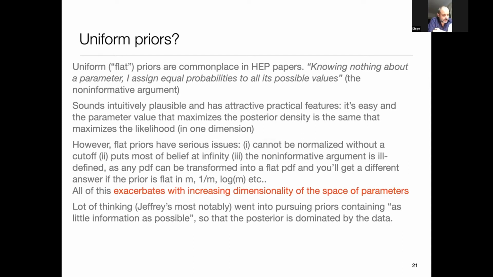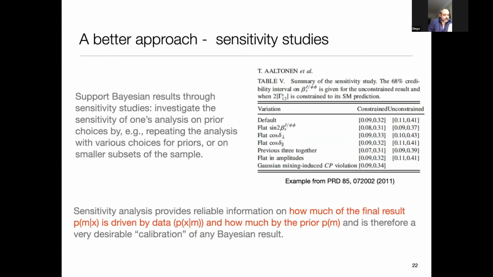So in the end, it doesn't solve the issue at all. A better approach is perhaps, instead of trying to find a prior that does not inject subjective information, which is probably impossible, and maybe also violates the very Bayesian philosophy because you're supposed to inject information there,